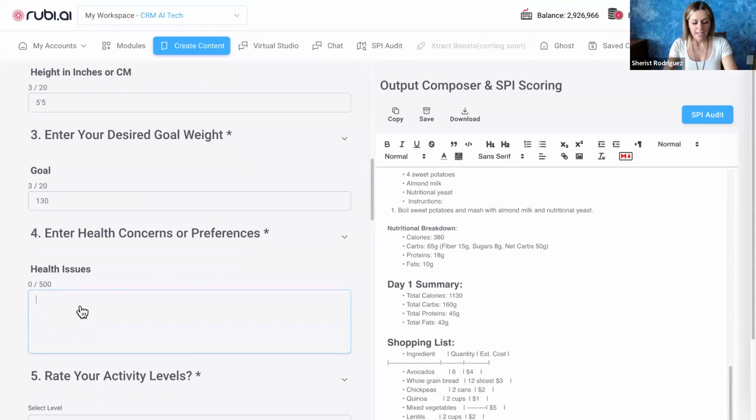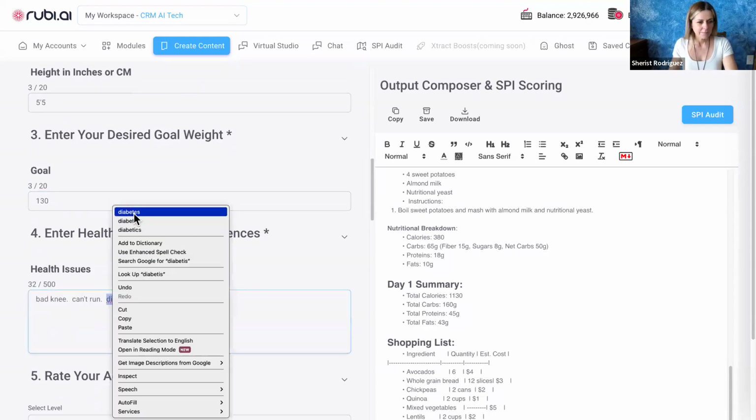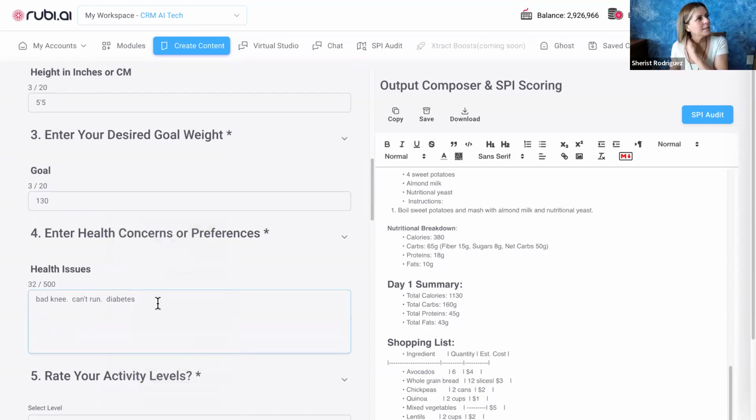Health concerns, so health issues. We can say, has a bad knee, can't run, diabetes. I spelled that wrong. Diabetes, I don't want them to be sick. Okay, let's say diabetes, and they are plant-based, no processed foods. I haven't tried this yet. This is gonna be really cool. Plant-based, no processed foods,